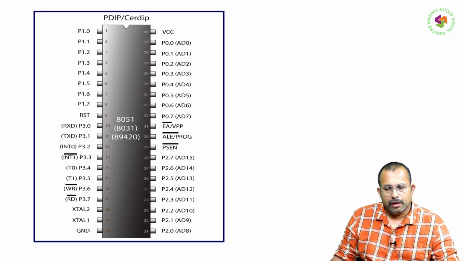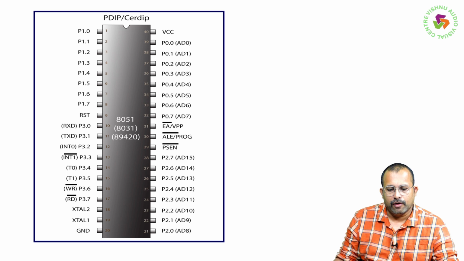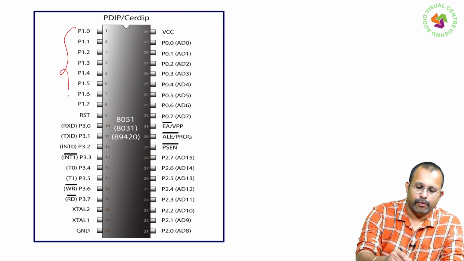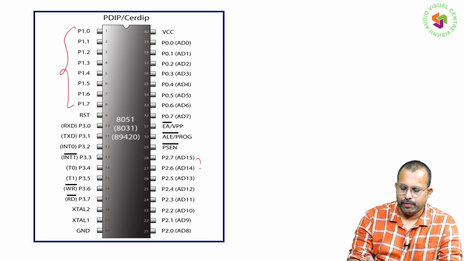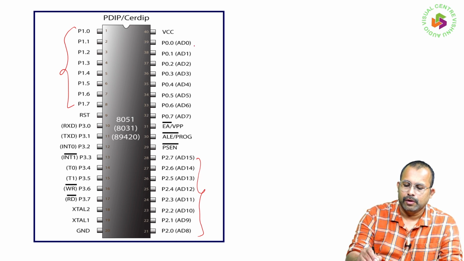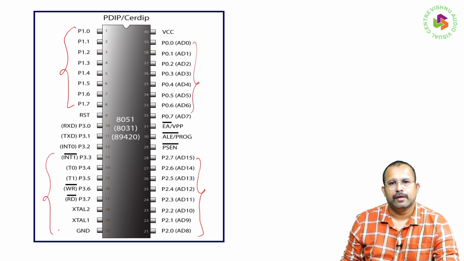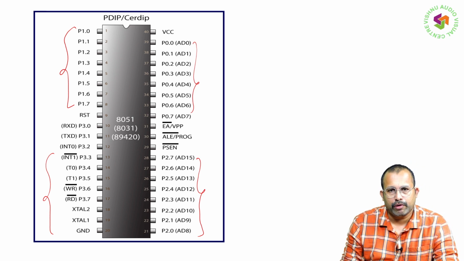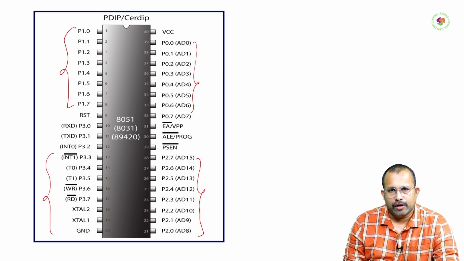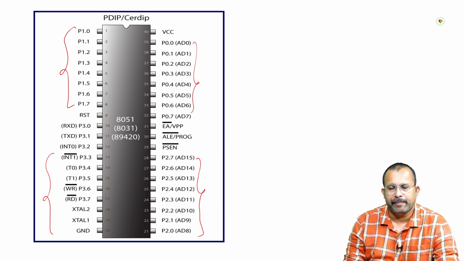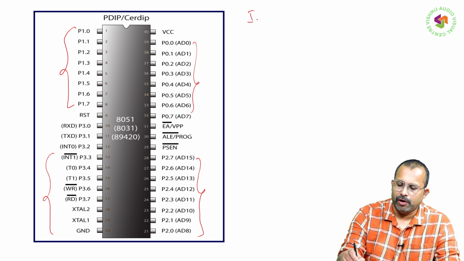If you go through the pin description of 8051, it is here on the screen. It has port 1, port 2, port 0, port 3. These ports are used for external communication, that means connecting IO devices and memory. So while operating for IO operations,